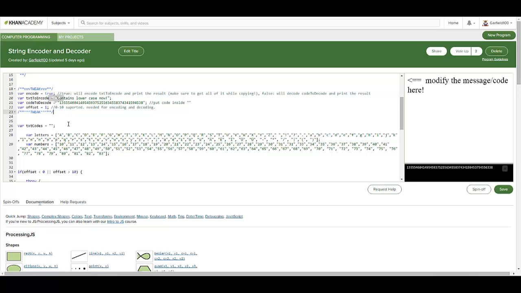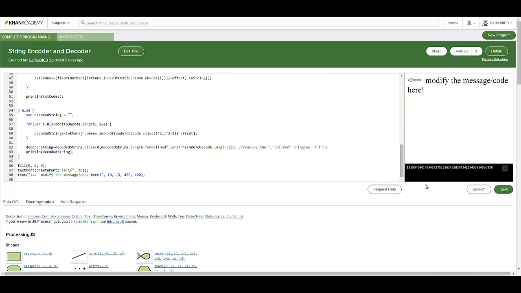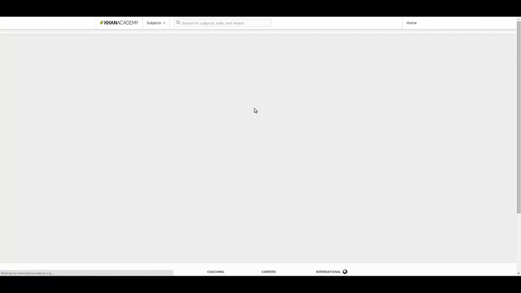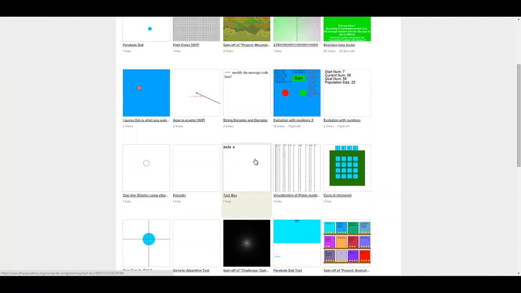Basically, if you have an offset of 1, instead of writing 10 when there's A, it writes 11, and B becomes 12. And if I make this offset 2, where A would be 12, B would be 13, and so on. And with the offset just 0, it would be A 10, B 11, and so on. Okay, so that's that. Used to be really crappy, but I've made it nice now.